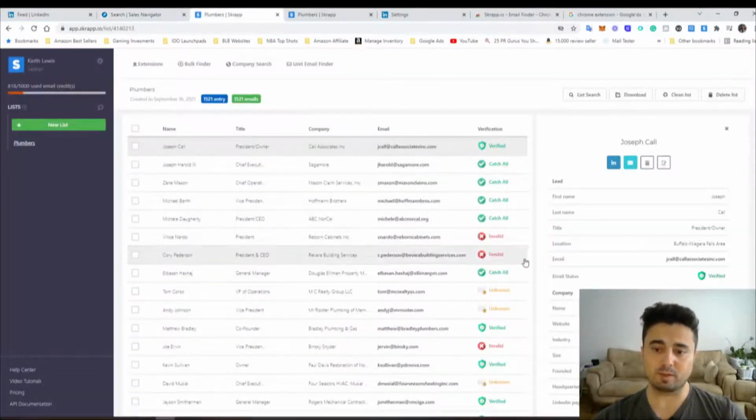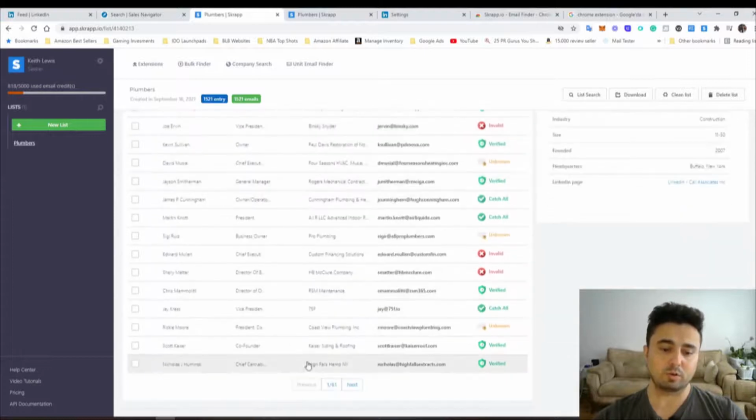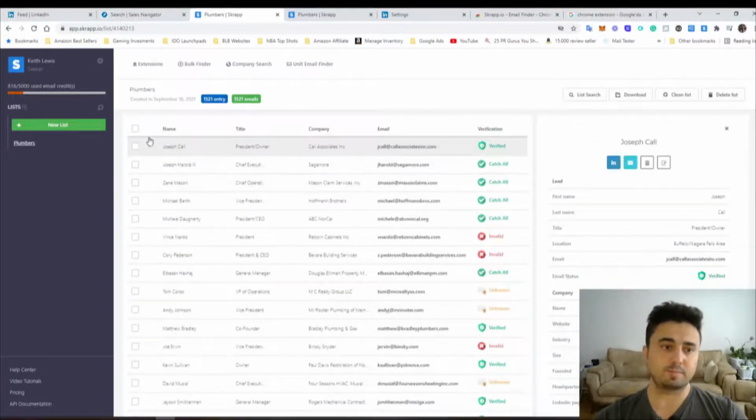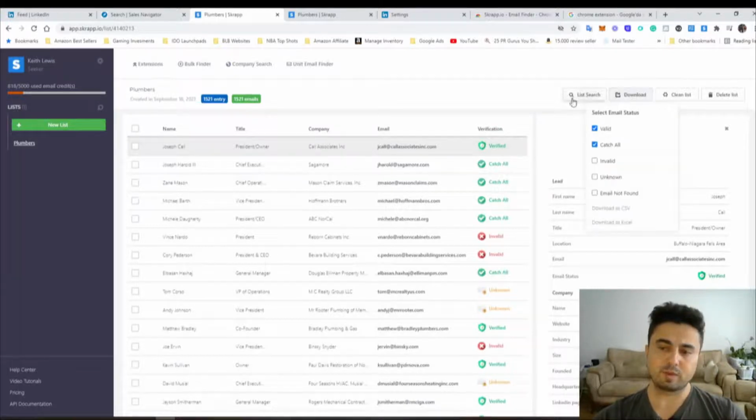not all of them are valid, or some of them unknown, right? So let's have a look. So when I click valid or catch all, that means I can send emails to those people. Or let me click all of them and I will check how many emails are valid or catch all, because we